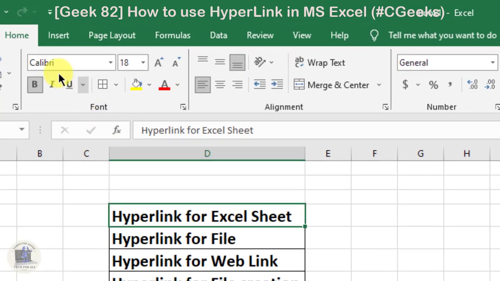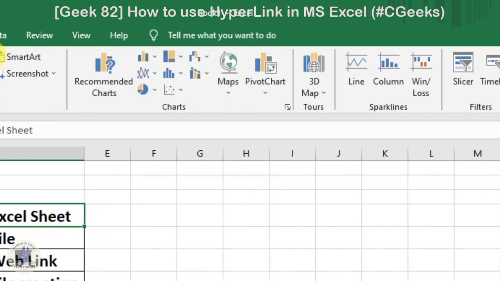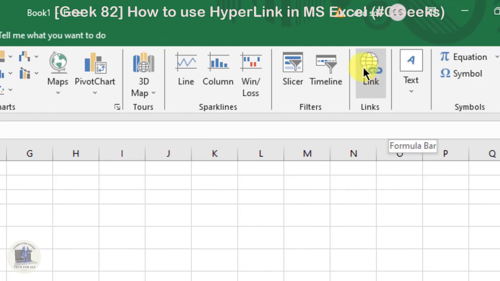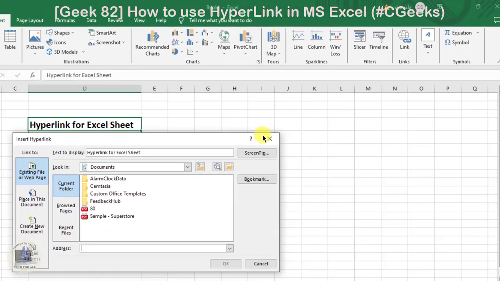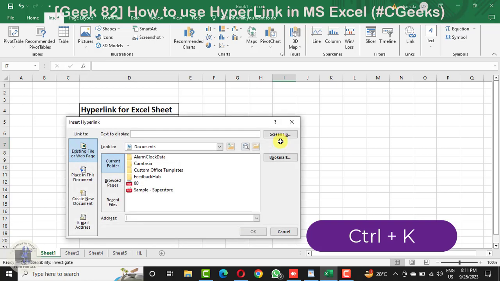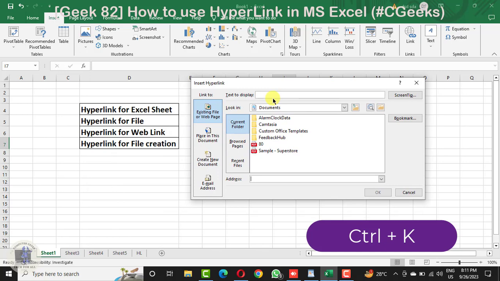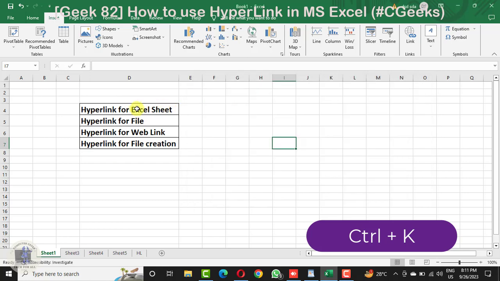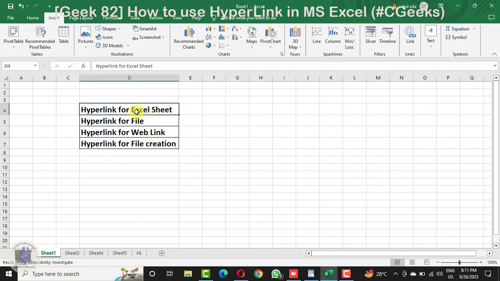So we have to go to the Insert tab, then there is Link, or you can press Ctrl plus K. This will automatically show the hyperlink text box. So first one, we are going to add a hyperlink for this one,